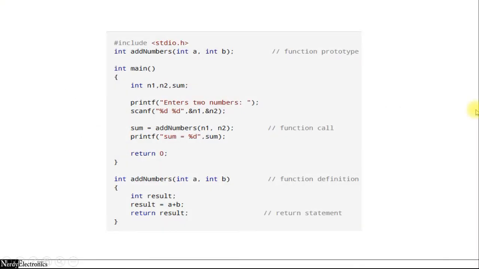In this module, we'll look into the user-defined functions. Let's take an example of this program which you are seeing on the screen. What we are doing in this program is, we are taking two numbers, n1 and n2, and we are calculating the sum of those two numbers. Here in this program, we'll see the multiple aspects related to a function, that is the function prototype, the function definition, the function call, the function arguments.